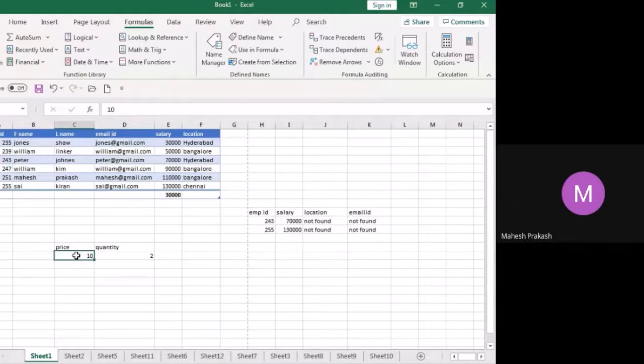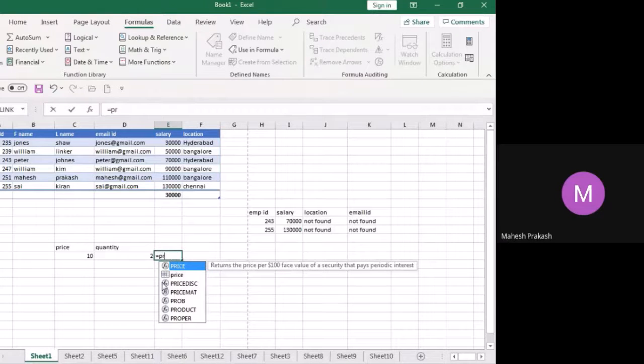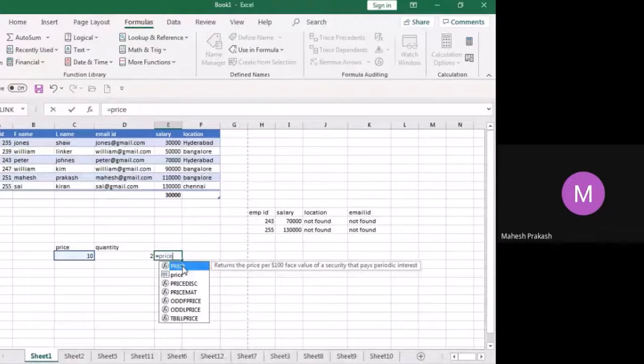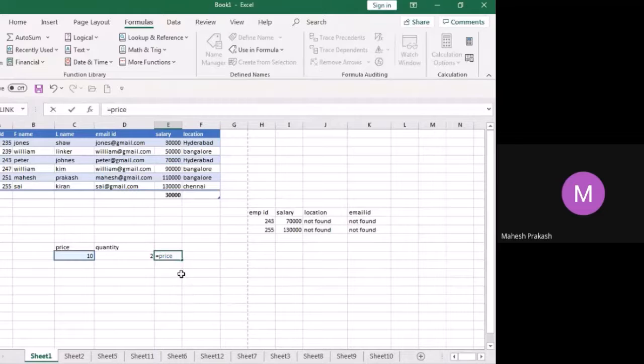I have given a name to this cell. See here, this cell says C16, but this cell says price now. Getting it? Yes, sir. During formula, you just need to write equal to price, price into quantity.